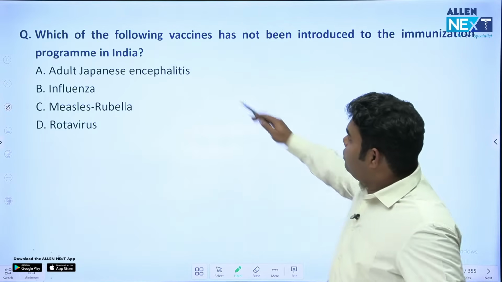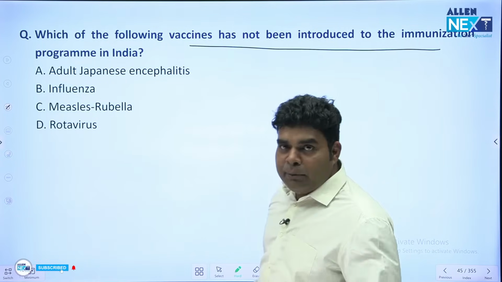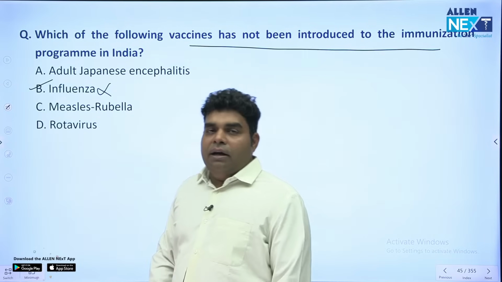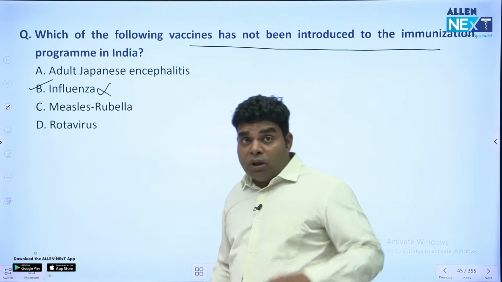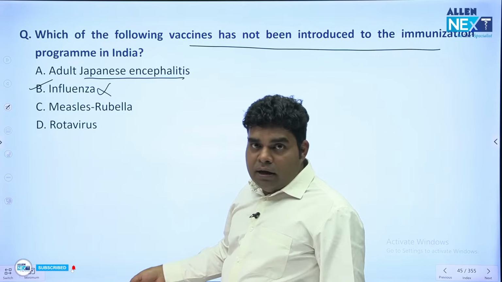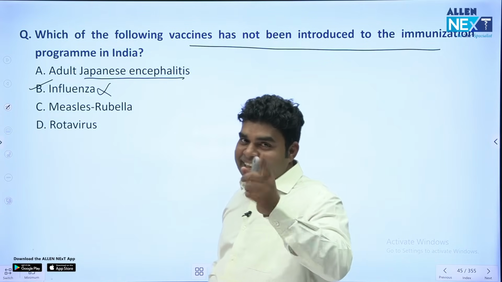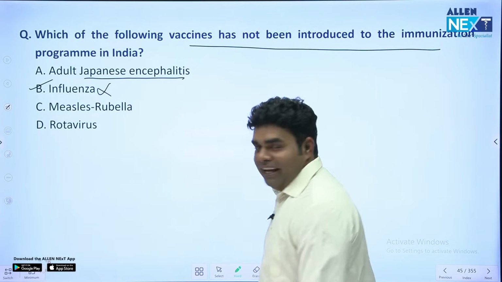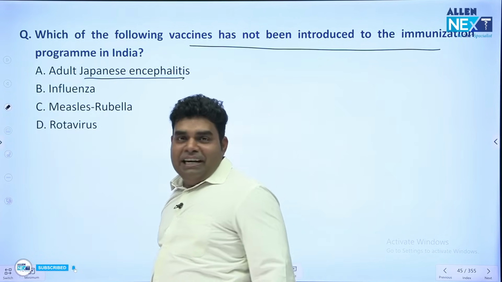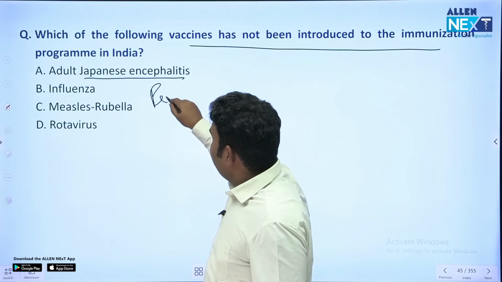Next question. Which of the following vaccines has not been introduced to the immunization program in India? In the immunization program, the influenza vaccine is not included. Okay. Now, Japanese encephalitis is given in children. There is a trick here. In the national program, I also got trapped here. In the national program, there is this vaccine Hib. If you look at the pentavalent vaccine,